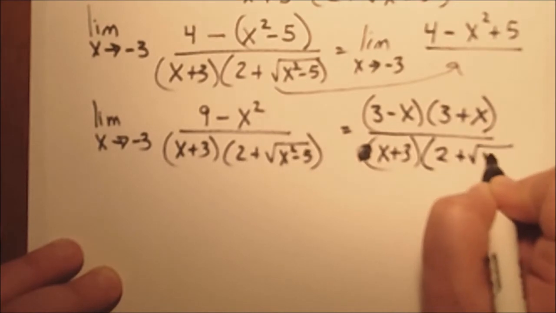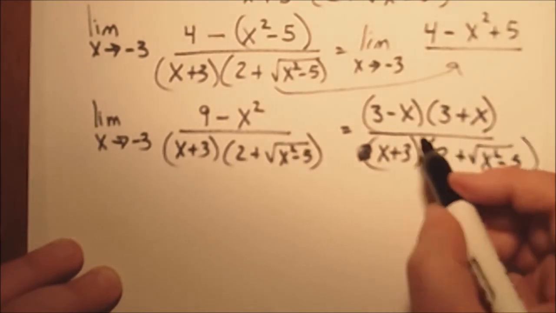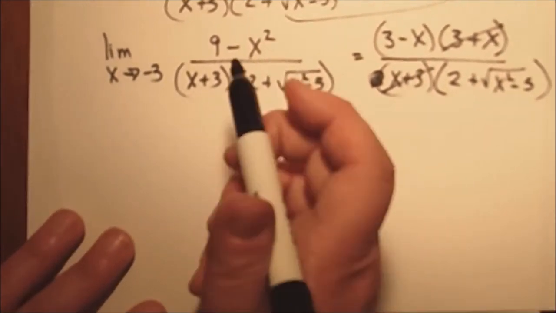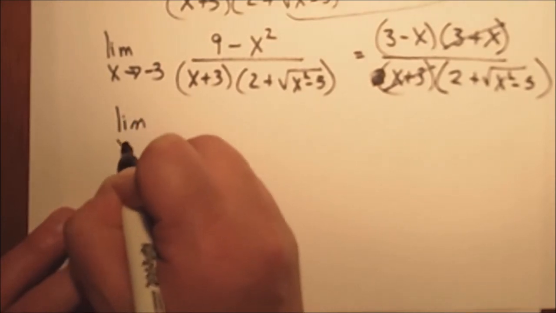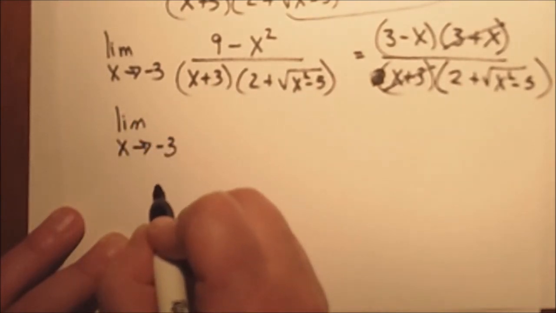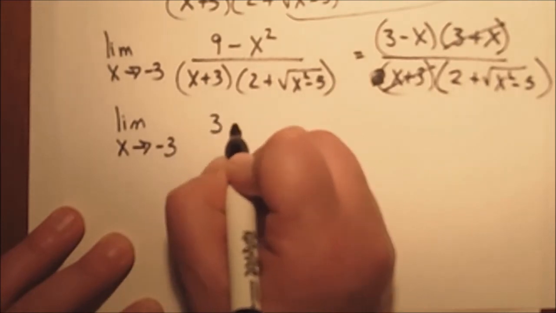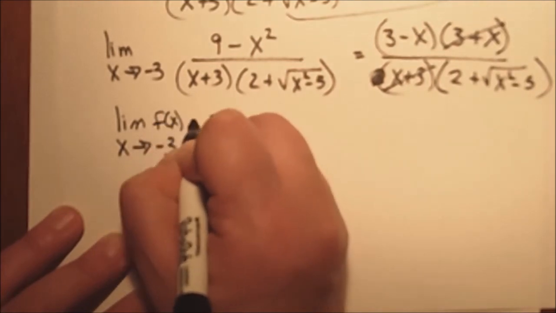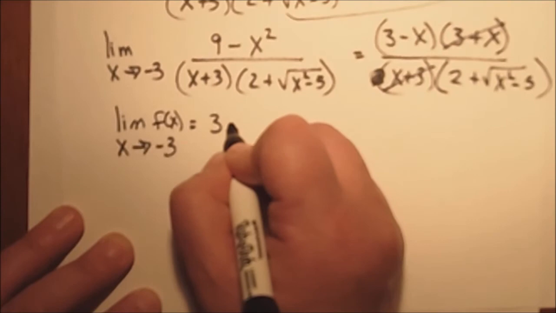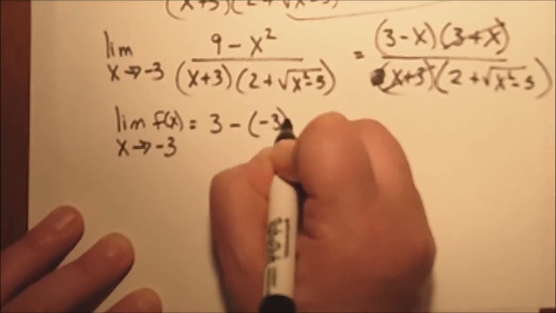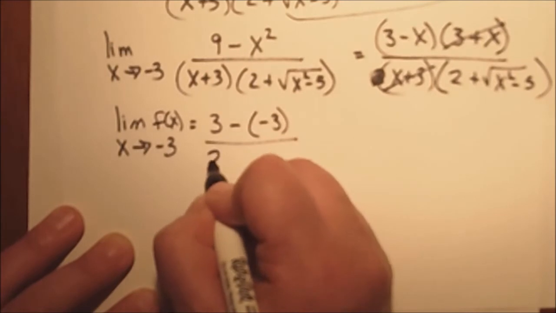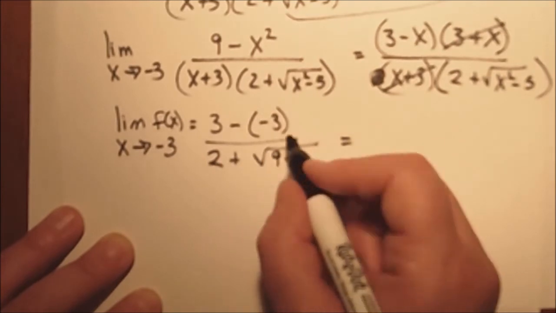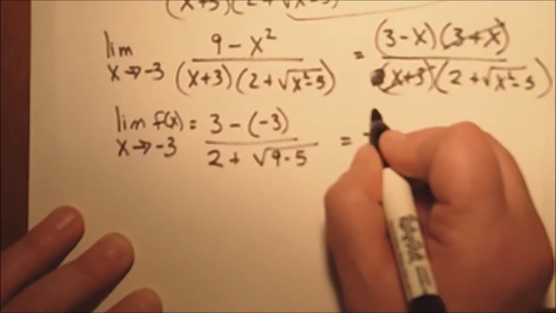And luckily it does. So these would cancel. Then I'm finally left with the limit as x approaches negative 3. I can plug in negative 3 for x. Let me write it like this, of f of x equals 3 minus negative 3 over 2 plus, so that would be 9 minus 5. Denominator would be 4, numerator would be 6,